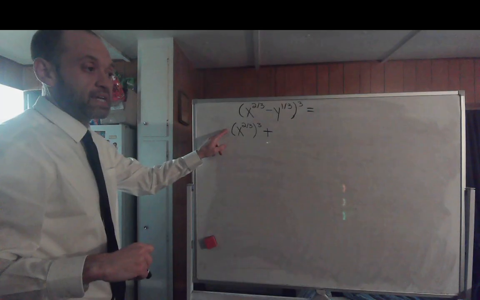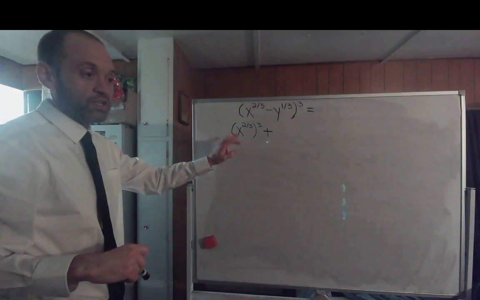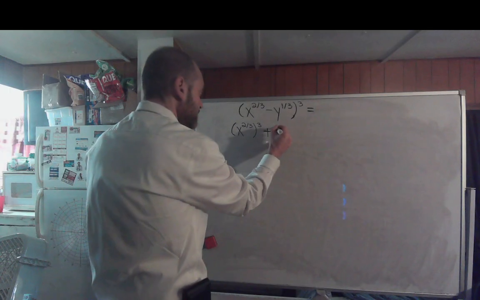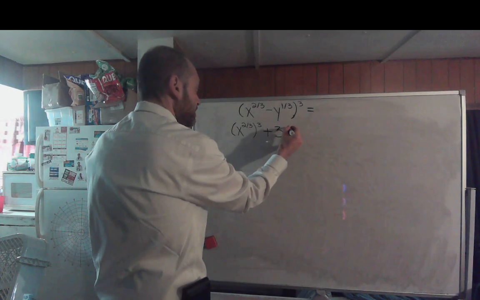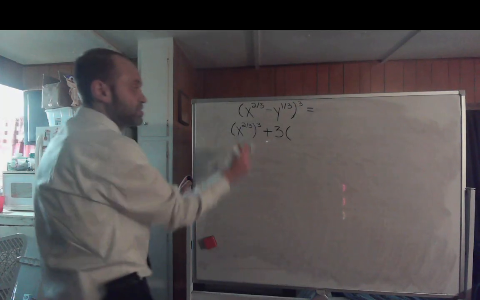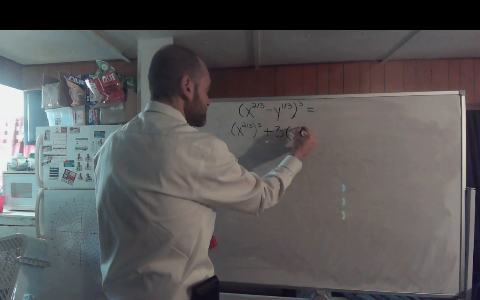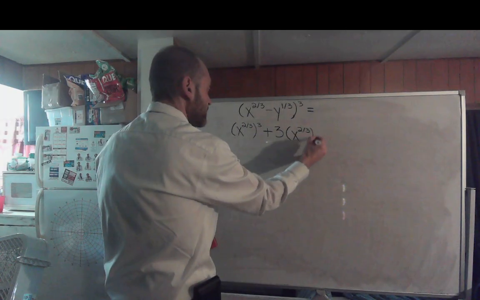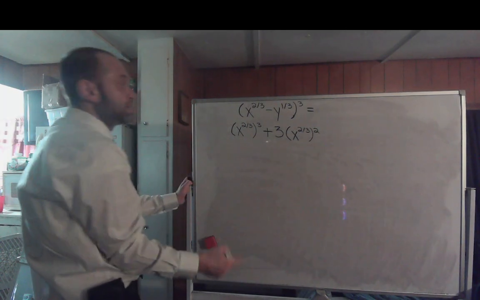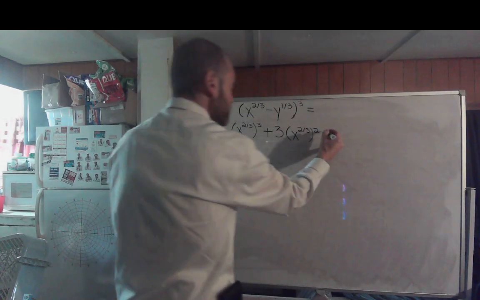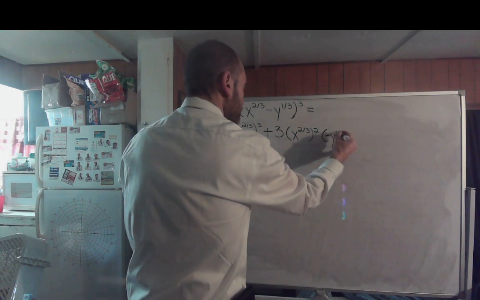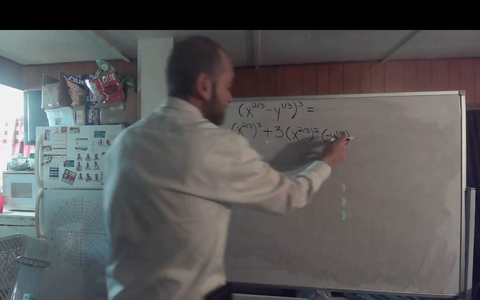Now, to get your next term, bring that 3 down in front, multiply it by your coefficient of 1. 3 times 1 is 3, divided by term number 1, that's 3. So this would be 3 times that x to the 2/3 lowered 1 degree. So that would be x to the 2/3 raised to the second power times my negative y to the 1/3 raised a degree, which would just be to the first power,